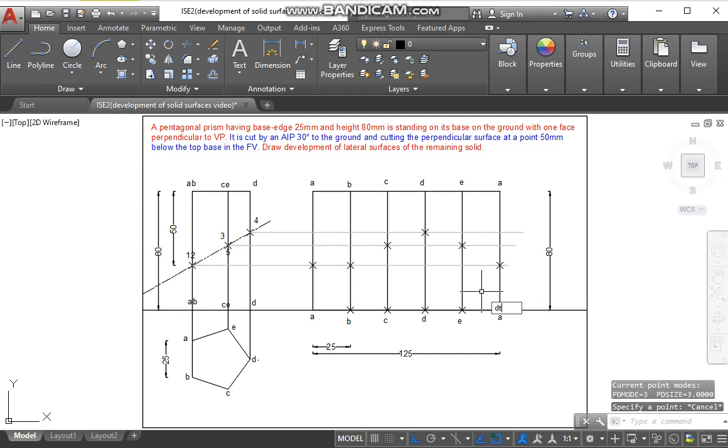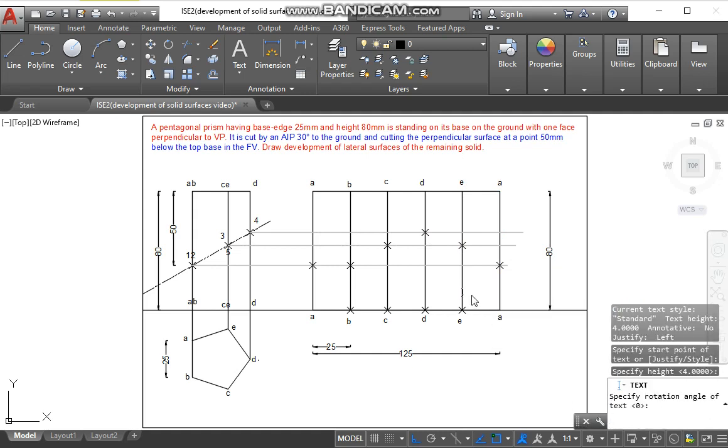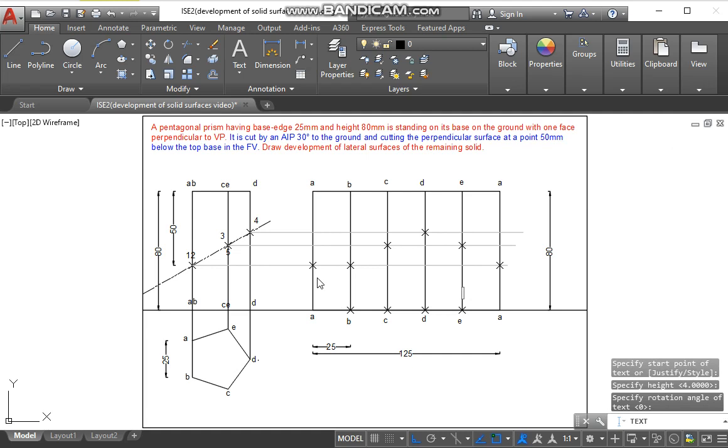We will give the names to the points now. And here it would be 1, 2, 3, 4, 5, and again 1.